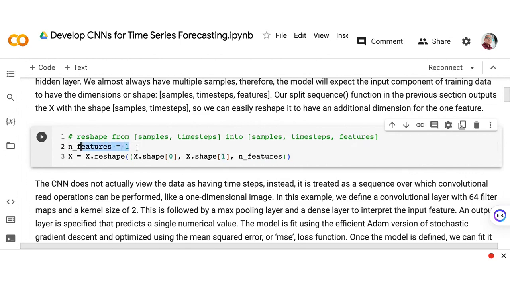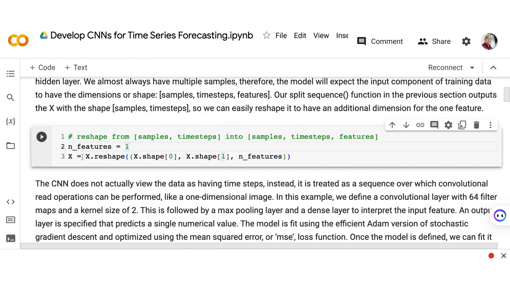Let's say the number of features is 1 because we only have one column, so that will be the number of features. If multivariate, it depends on how many features we will use. So we have the number of samples and the number of time steps. We already know that the number of time steps is equal to 3. And then we have the sample size, and then we have the features, which is equal to 1 because we only have one column.